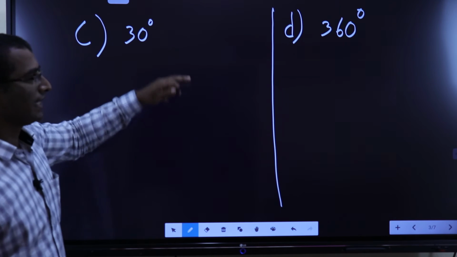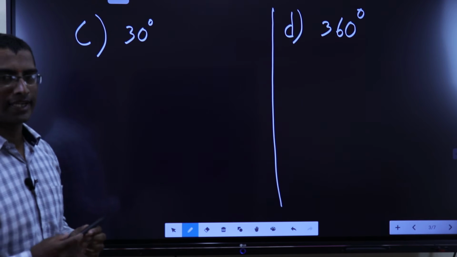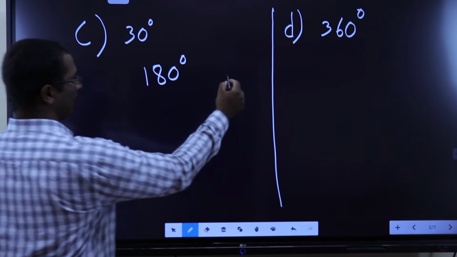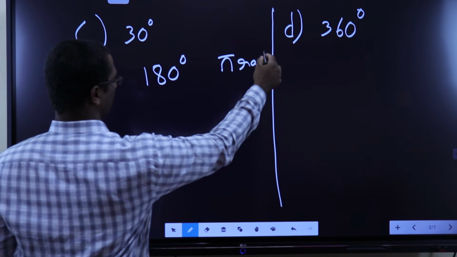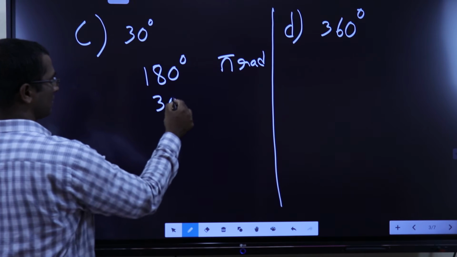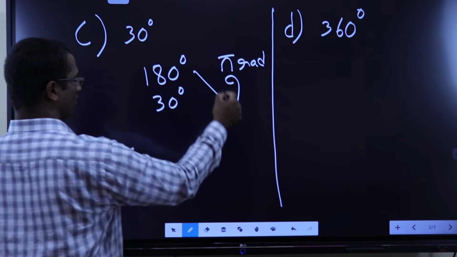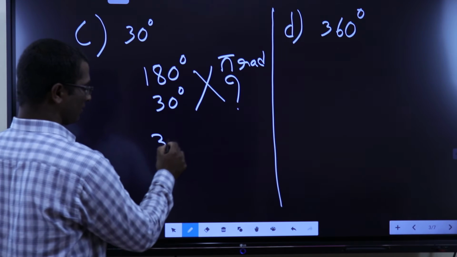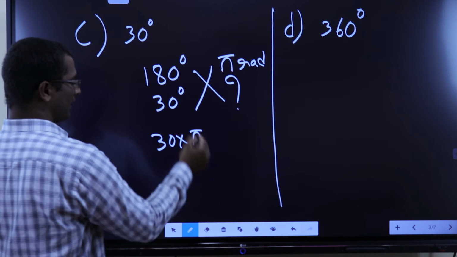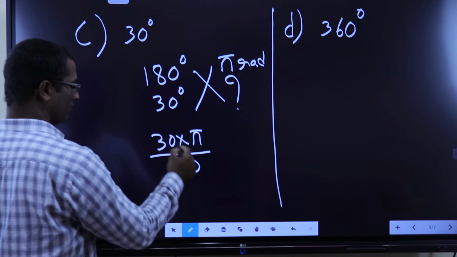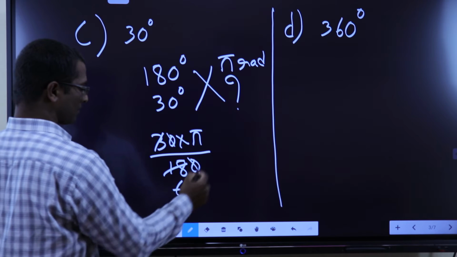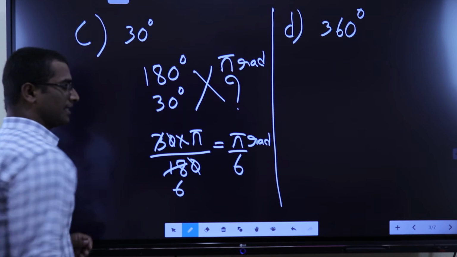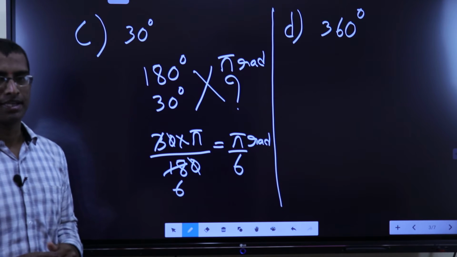Okay. Let us look at one more example. Now if I want to convert 30 degrees to radians, how do I do that? Same thing, write the first line. That is 180 degrees is nothing but pi radians. So 30 degrees, how many radians? Question mark, cross multiply. I cannot multiply the question mark, so multiply the other side. So 30 into pi. The left out number you write it below. Cancel the zeros, 3 1s are 3, 3 6s are 18. So that is nothing but pi by 6 radians. Is it understood? 30 degrees is nothing but pi by 6 radians.